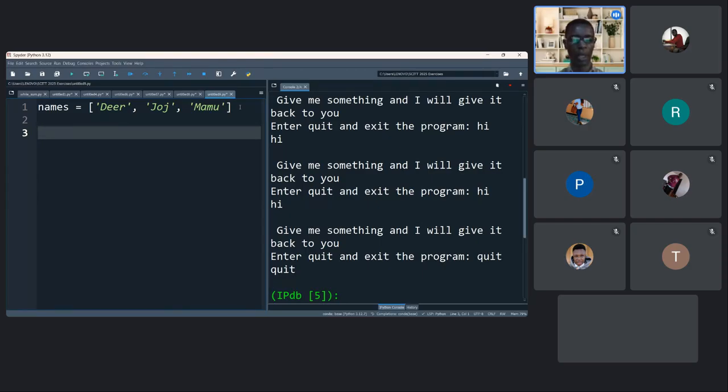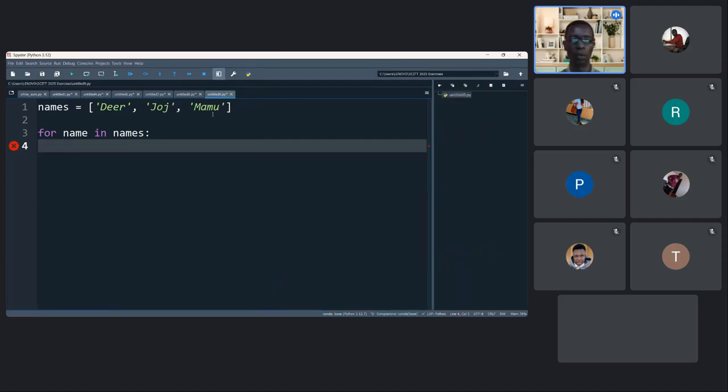So what did I do here? I used a for loop: for name in names. Essentially, I just want to iterate through the names. Iterating just means I want to loop over, I want to loop through the names, and then I want to print them. So for name in names,